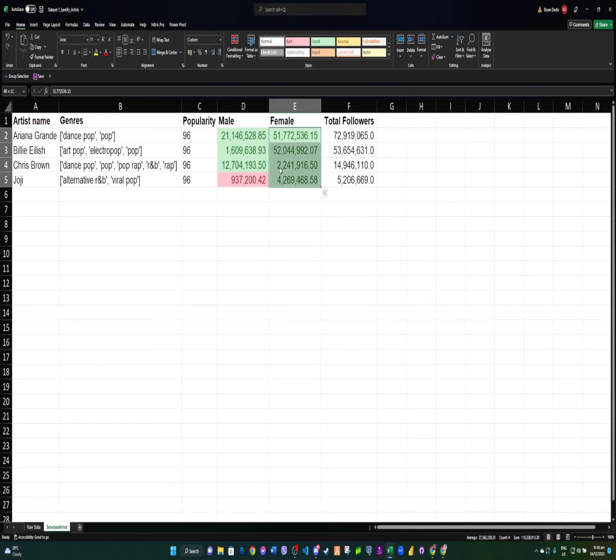So by just observing this one, we can clearly see that Joji is not popular with male fans, while the other artists are popular with both male and female because their record shows that they are above 1 million when it comes to the male group or the female group. Now we can get the percentage of female